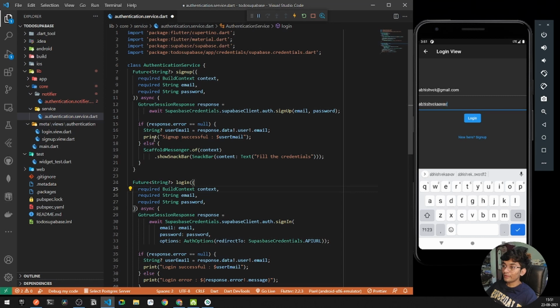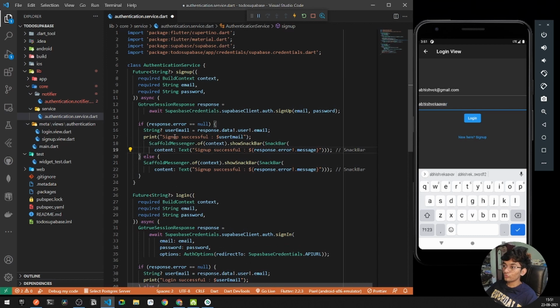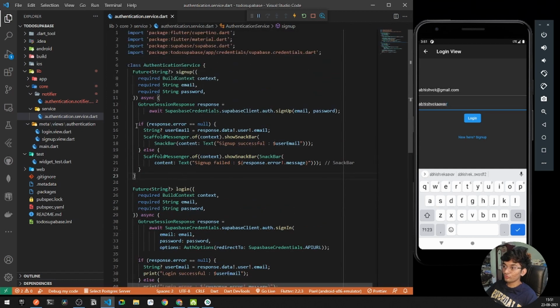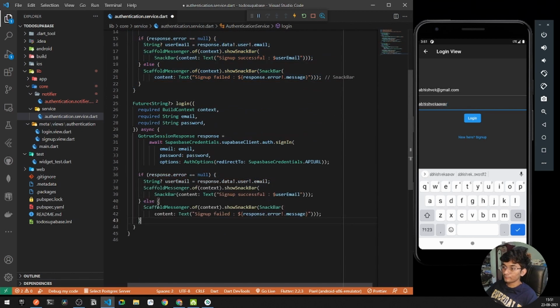Right, so under the error, what we'll do is show the error. Obviously, we'll be showing the error. So let's say sign up, and here we are getting an error. What I'll do is open our curly braces and say response dot error dot message. Now we can do the same thing in the case of sign up. I'll copy this. So failed, and yeah, we are showing the errors, and we can do the same thing under the case of login.